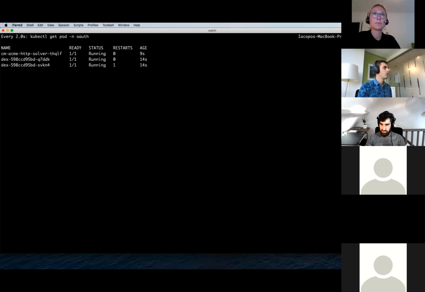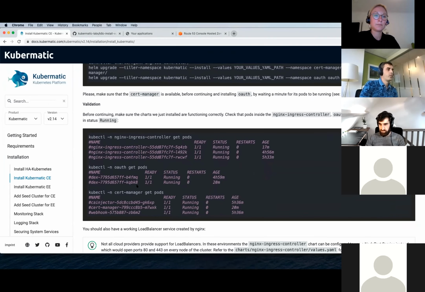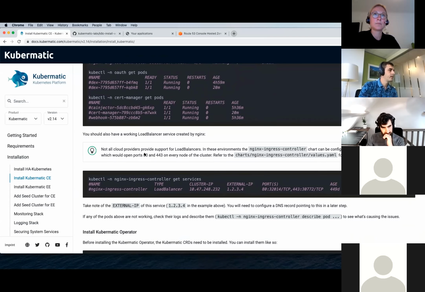Okay, everything is running perfect. Here we have some commands to verify that everything has been deployed correctly, but we already verified it. Next, we have to do the first part of the DNS configuration. So we can run this command,